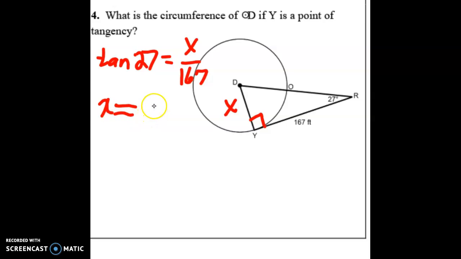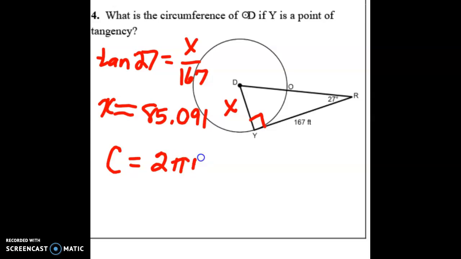Whoa. And that is 85.091. And if I know that, wow, that is ugly, I can find the circumference. Circumference, if you remember, is 2 pi r. So if we know the radius, it would be 2 pi times